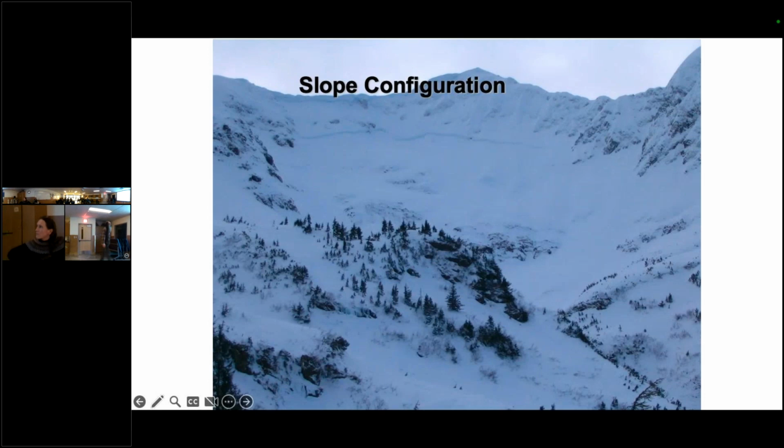Configuration, what are we talking about here? Concavity. The concavity there where the slab is. Okay, so a concave slope, a steeper spot that it's running on, and the snow is typically moving down towards this gully.